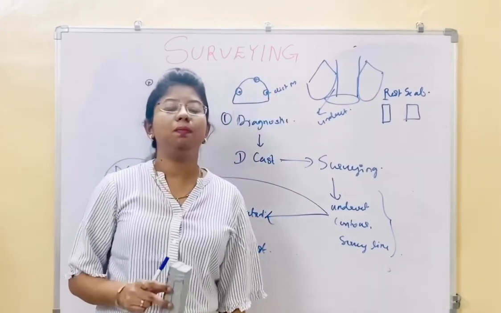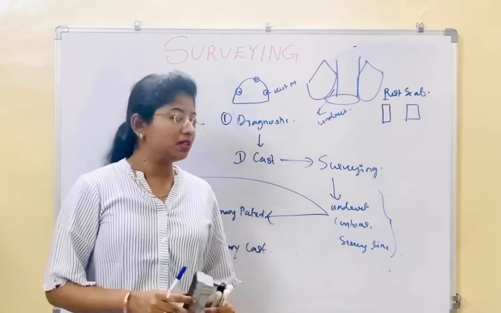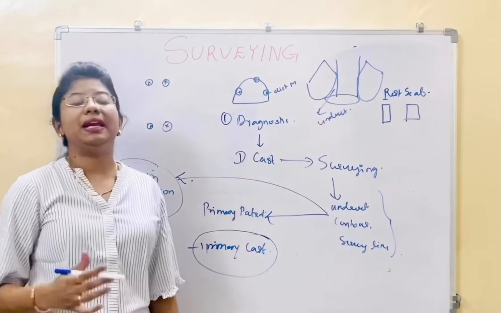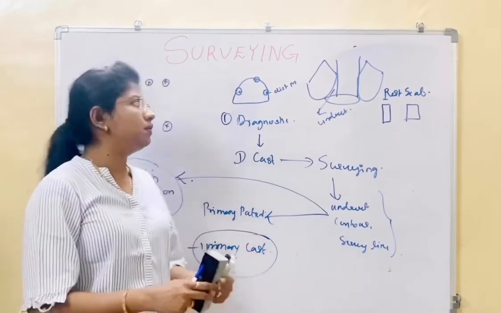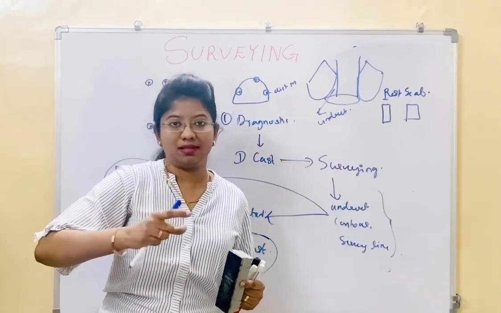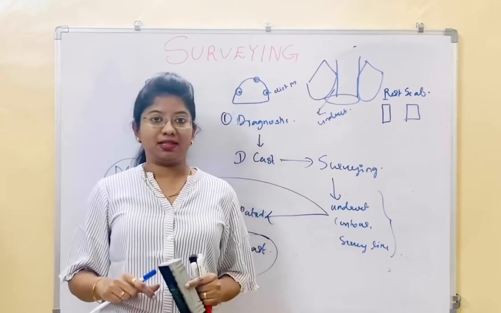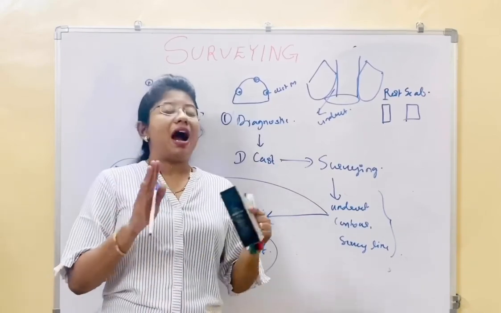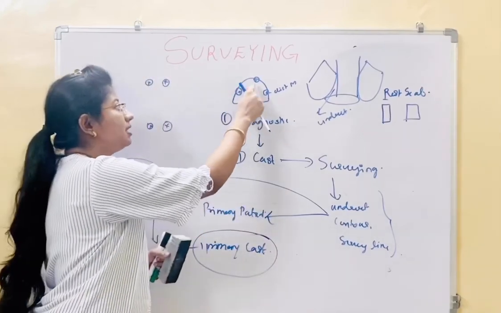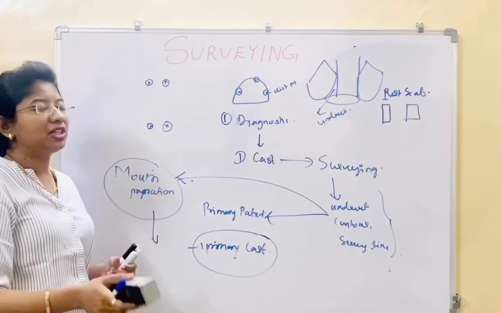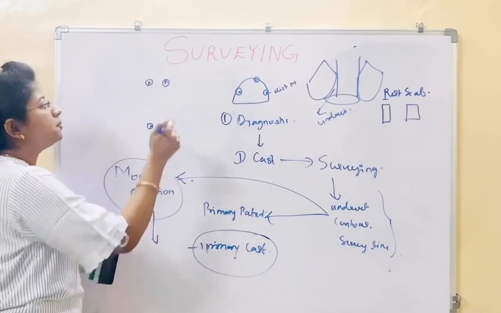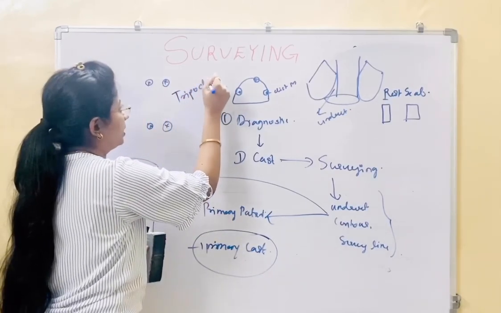Why is it important to place the cast in the same place? Because after the primary impression or final primary cast, you need to make a master cast. So that master cast should be in the same place. Because sometimes you also need to tilt the cast. You also have to move the cast to get the undercut. So after getting that, you need to preserve the points. That's why we are marking the points on the cast, so we can place the cast at the same place, lock at the same place, and get the same tilt in the master cast. This procedure is known as tripoding.